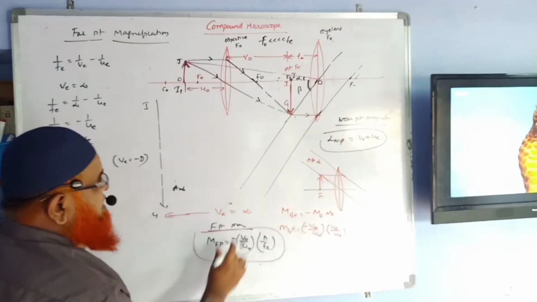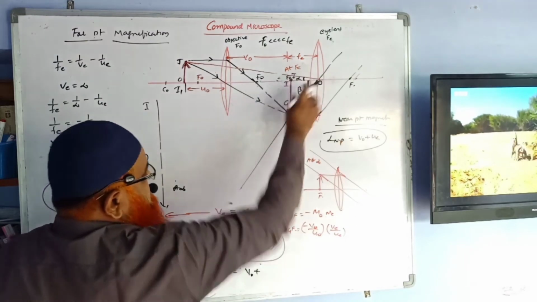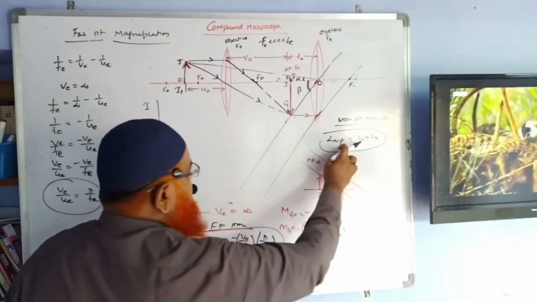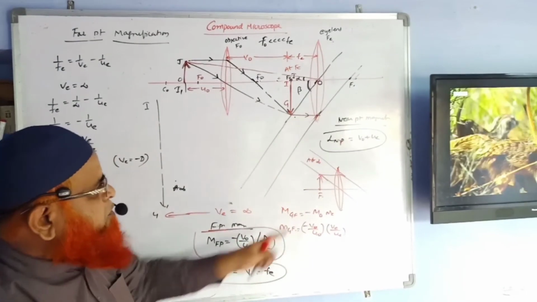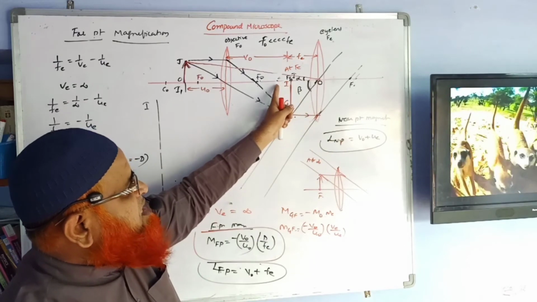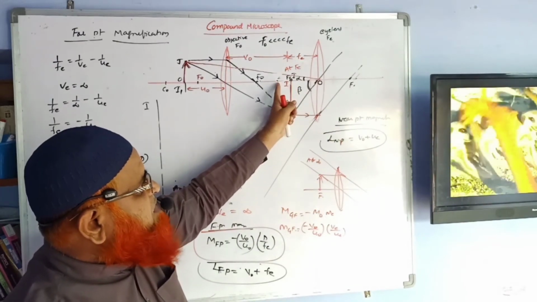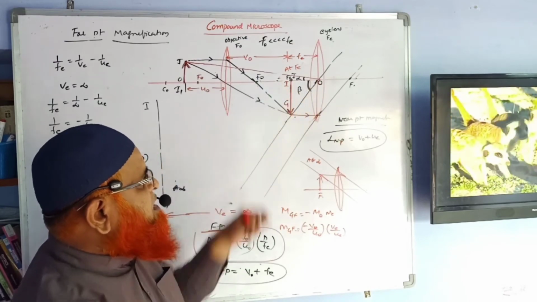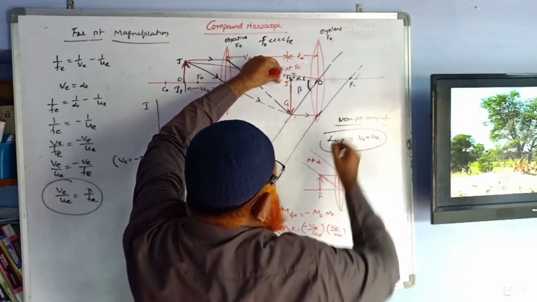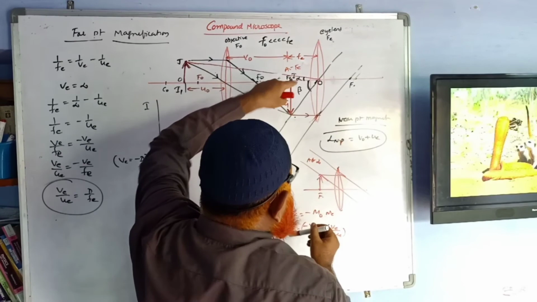So, length at far point is nothing but V naught, and this distance is considered to be FE. This is the difference between the near point length and far point length. In near point length, we take V naught by UE because the object was not exactly at the principal of focus. It was in between the principal of focus and the optic center. Previously, the principal of focus was here, but as the lens is moved back, the principal of focus also moved from this point to this point. So the object was exactly at the focal point.